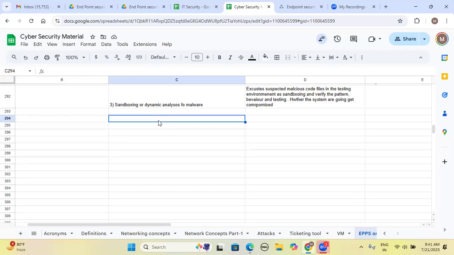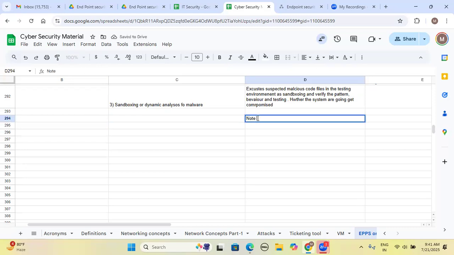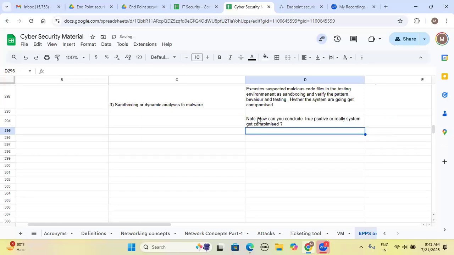Next one, hash value method. So note, I'm giving this, it is important guys. How can you conclude a true positive, or that the system really got compromised, based on